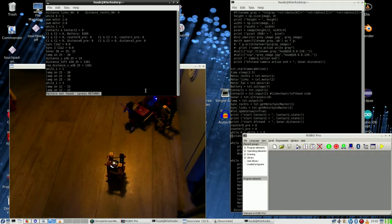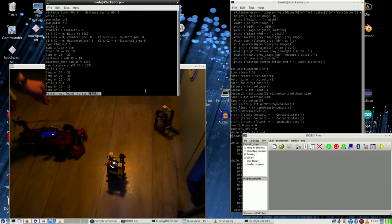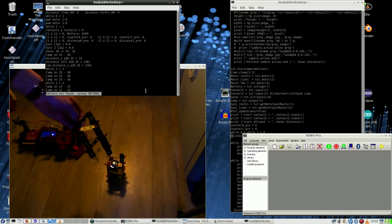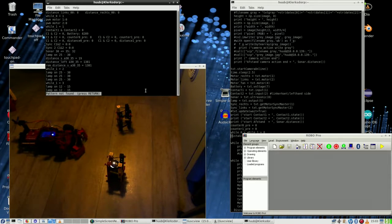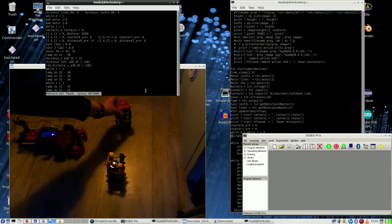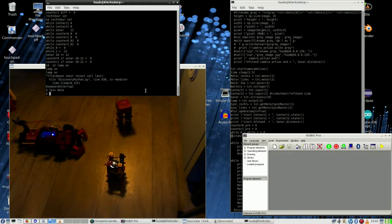Alright. Put it here. I should really put some weight here. But I'm not quite sure how at the moment. Although what I can do is put the battery like this and having the risk that it just drops off. So